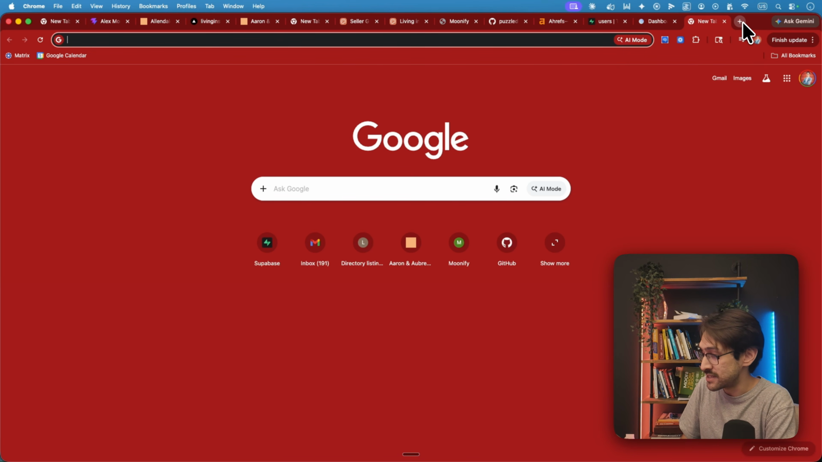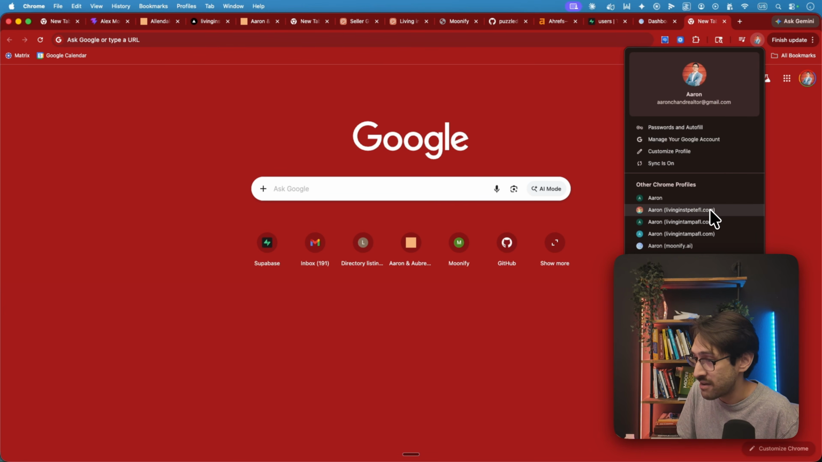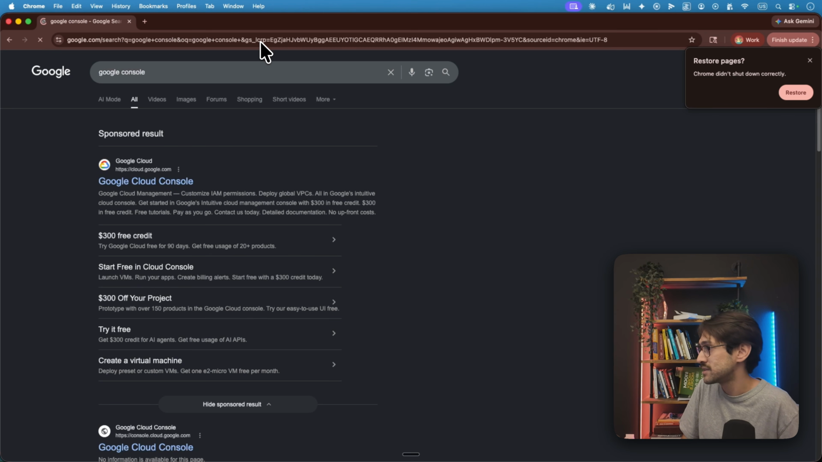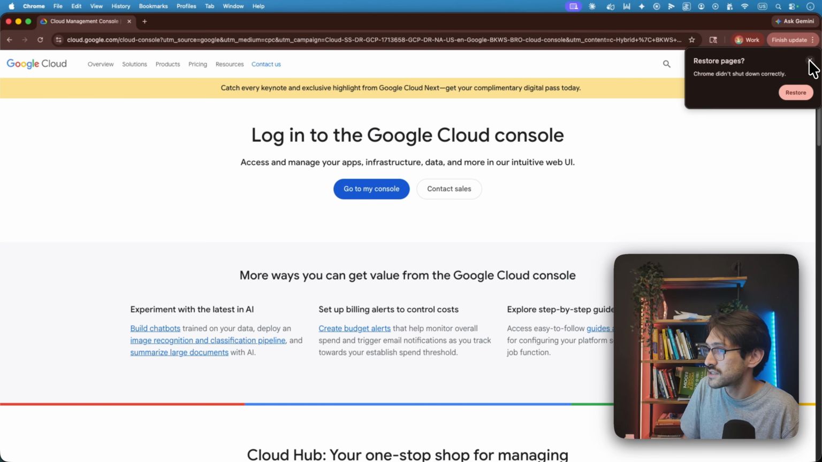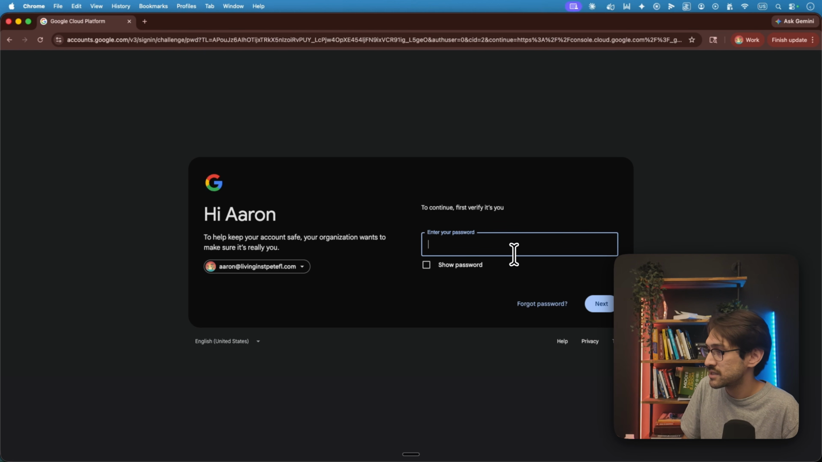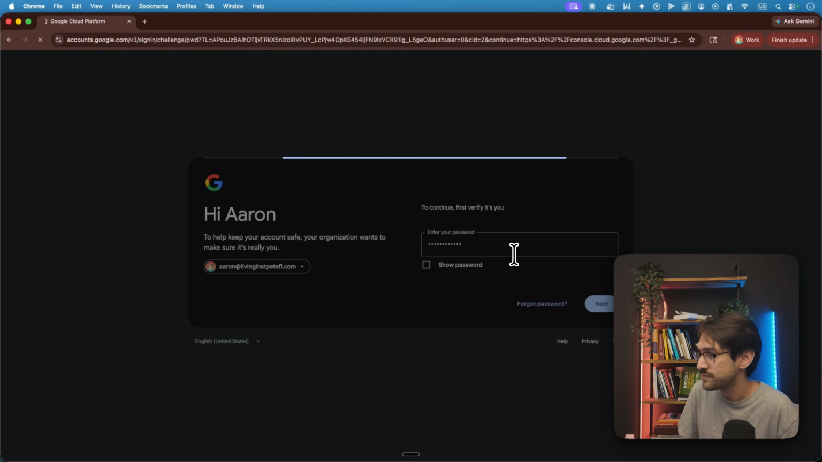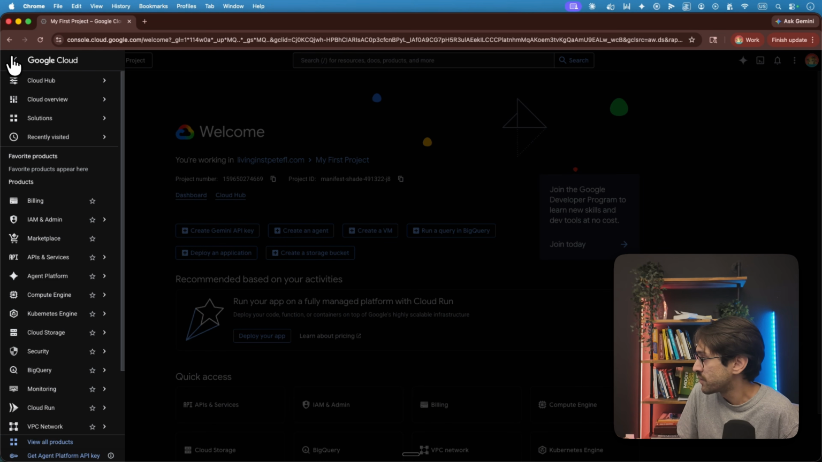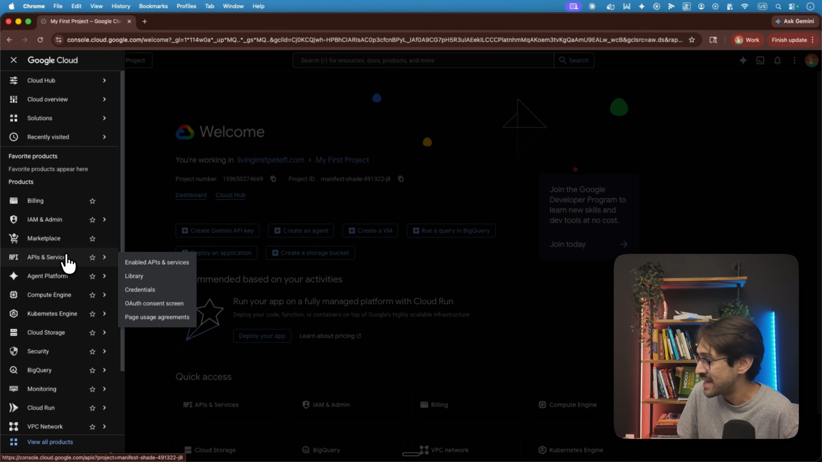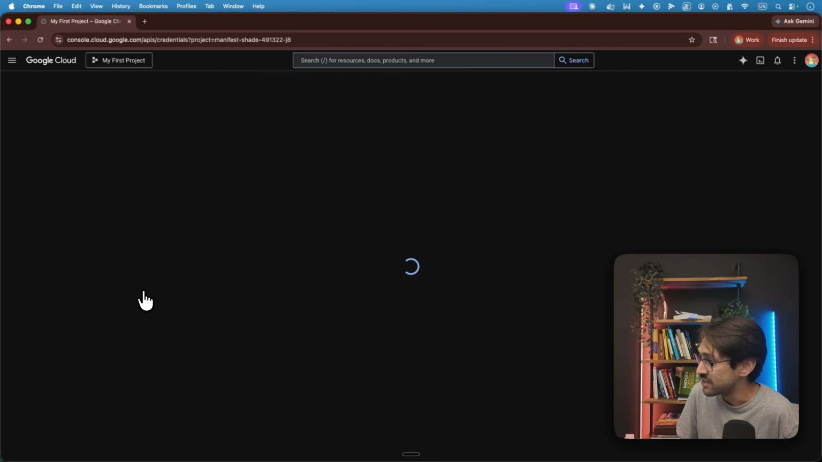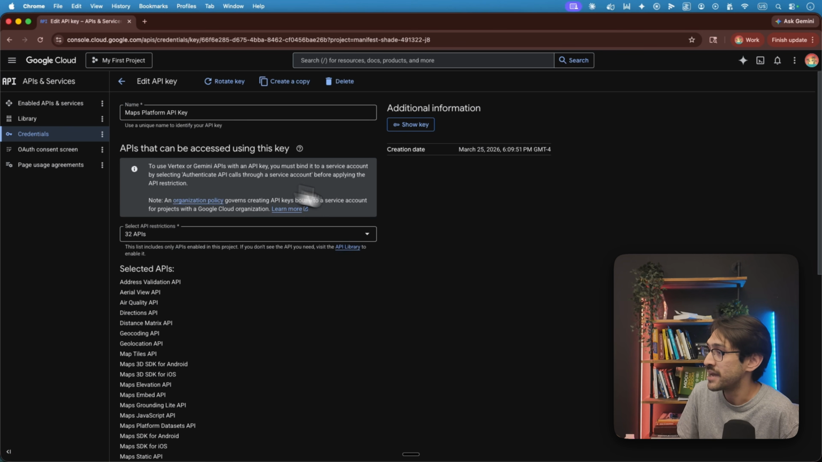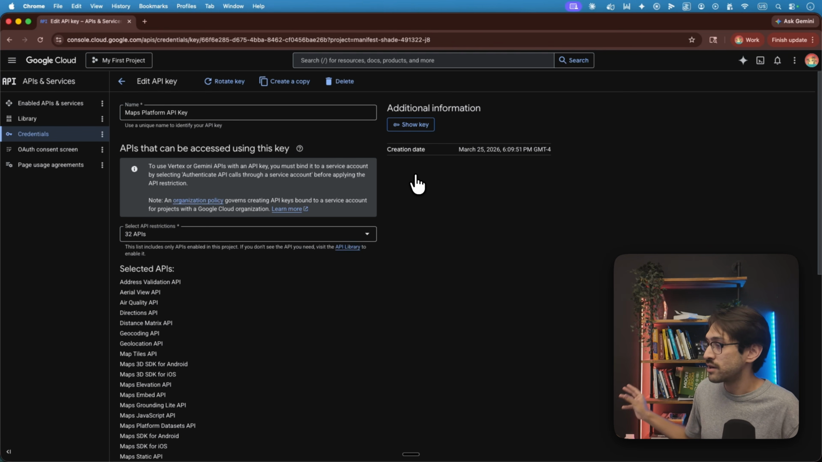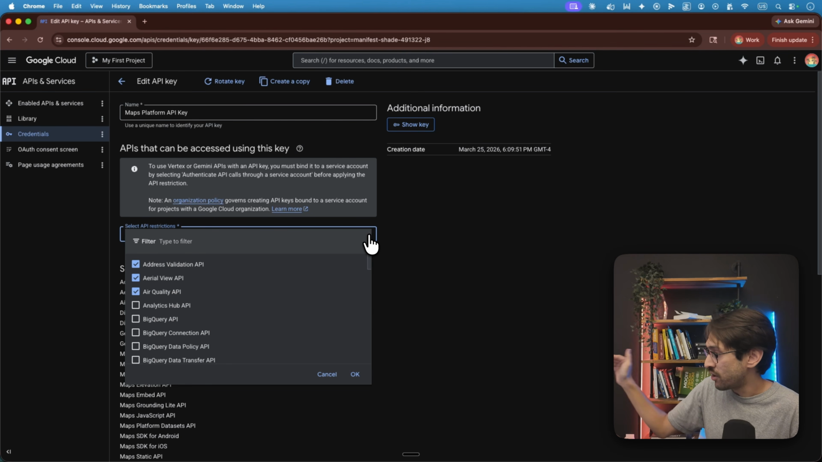The way you set this up is you go to wherever your business account is. For me, it's this one. And then you go to your Google console. Okay, once you are in your console, you go to APIs, and then in your credentials, you want to have the Maps Platform API key set up. Grab this key, paste it back into Claude Code, and Claude Code will attach the API